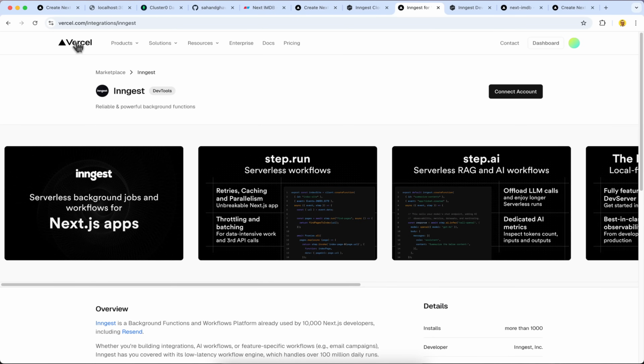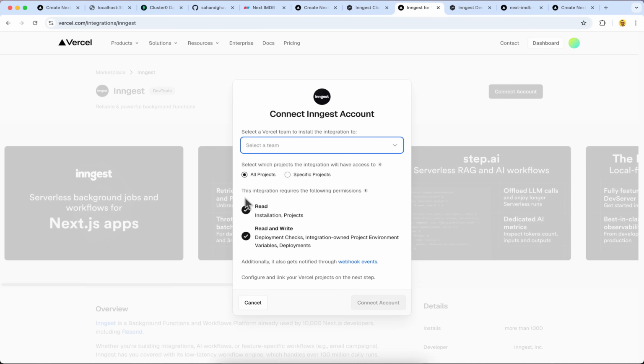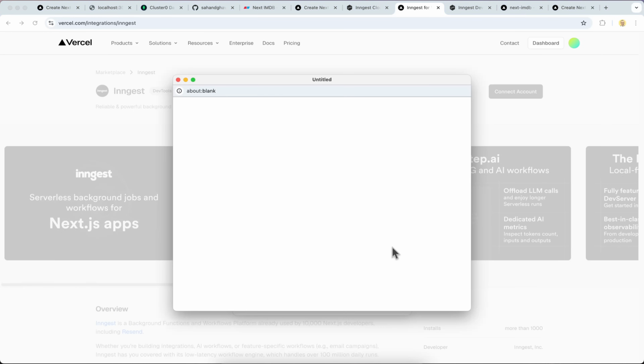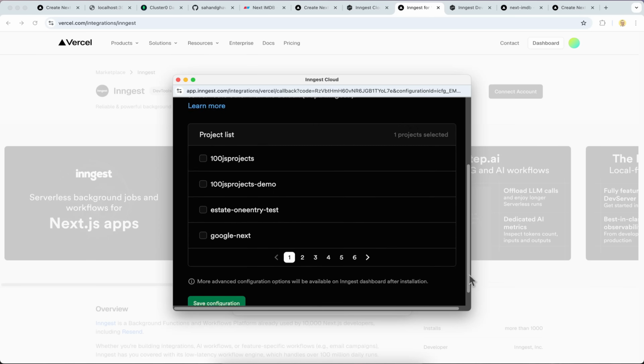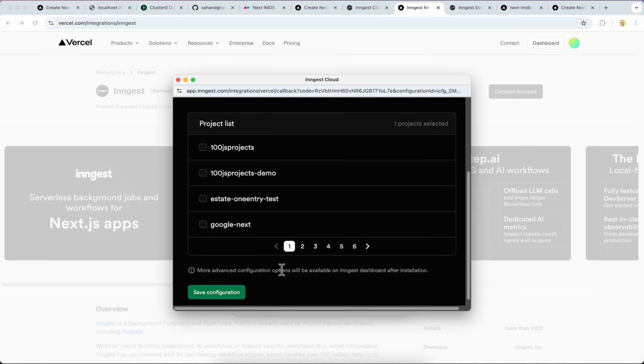So when you go to Vercel here, you can see we have a marketplace and Inngest here. Here, you need to click on connect and connect your Inngest to your Vercel. It's very simple. You just click on it and choose your theme. For example, for me, this one, read and write, and connect. And once you do it, it's going to redirect you to this page and ask you which project you want to connect. So in our case, I want to add,